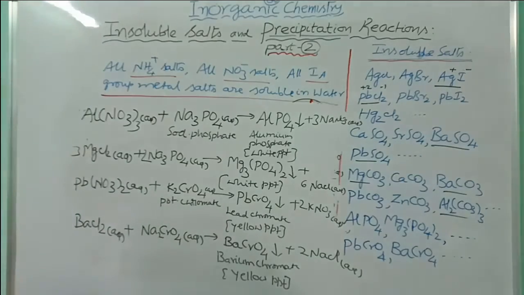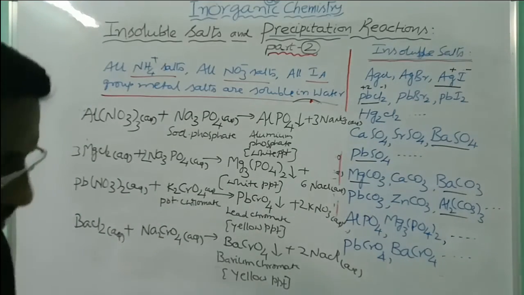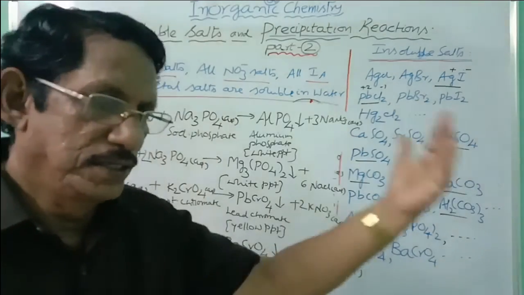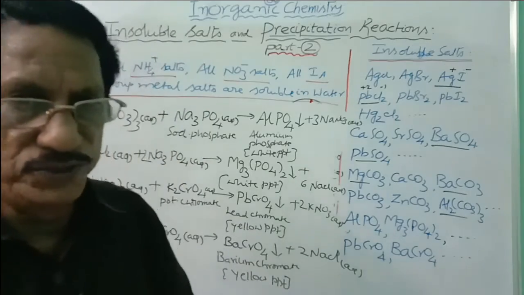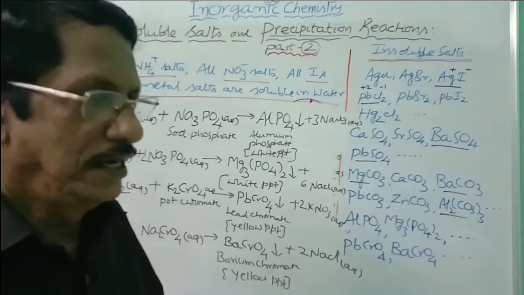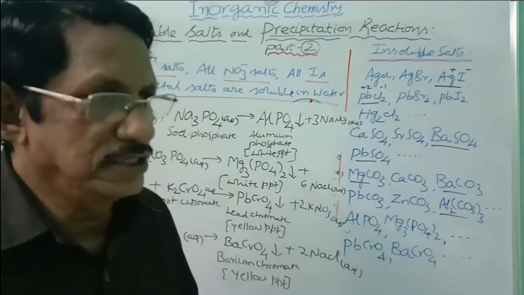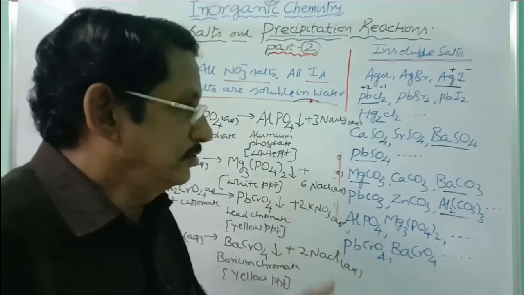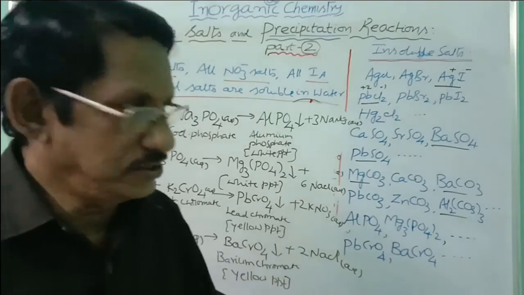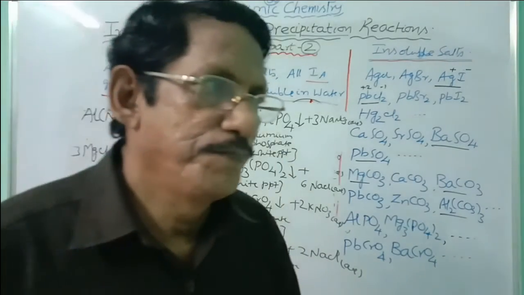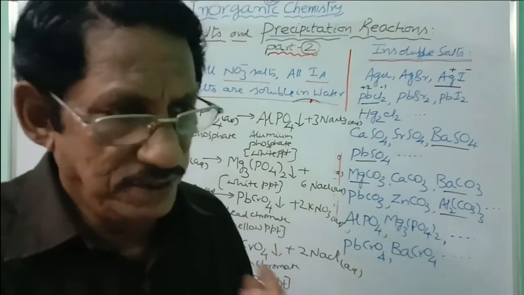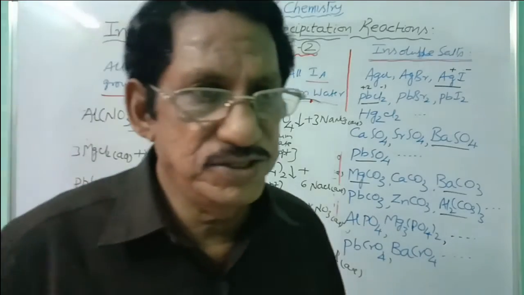This is how to develop the equations for all the precipitation reactions. Take any insoluble solid salt, take the cation part in the solution form, take the anion part in the solution form, mix these two, and that salt will be obtained as the solid. That is called precipitate. The whole reaction is called precipitation reactions. Don't forget, most of the precipitation reactions like this belong to double decomposition reactions. Okay, this is how to develop writing the chemical equations for the precipitation reactions.